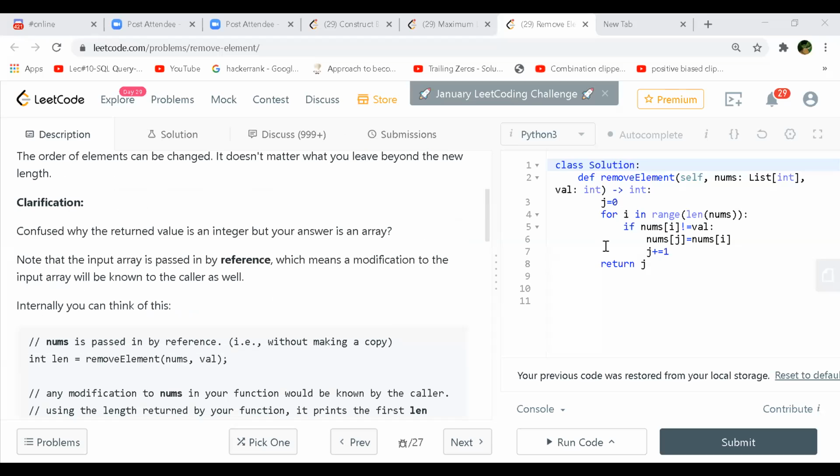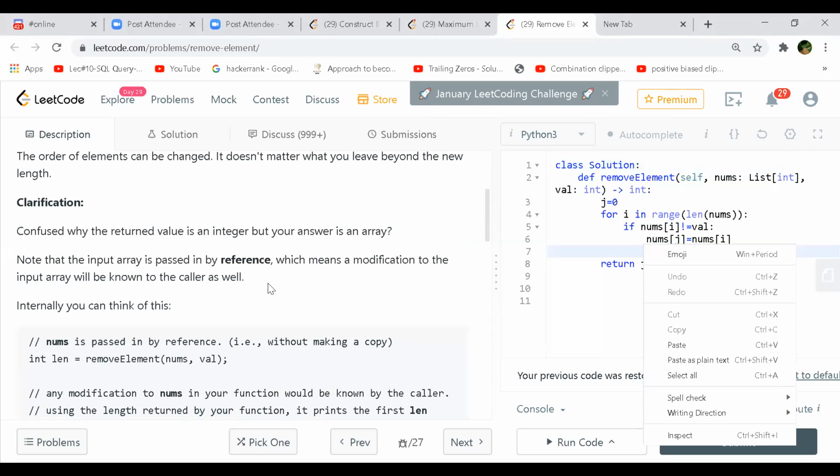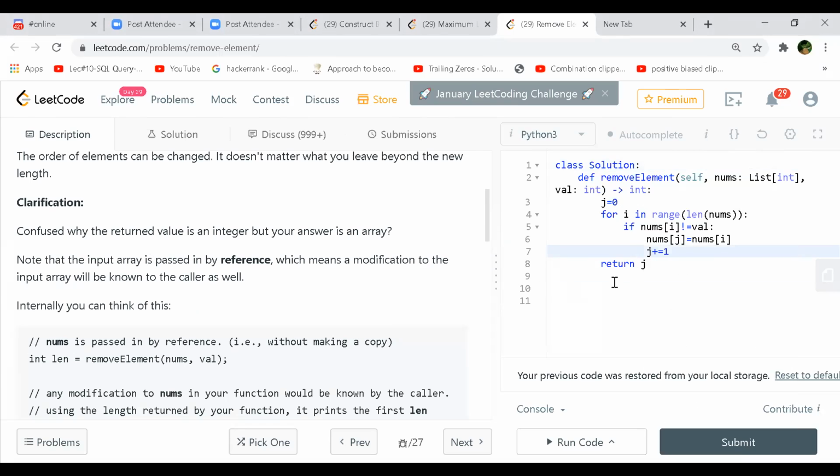Order, you mean, because 2 should come. Here the order is going to be messed up any way you do it, right? No, order will be preserved in this case, the one which I included. But in the second approach which Shuffle was showing, order won't be preserved because you're pushing all the elements to the end. Let's take an example, 1, 2, 3, 4, 5, right? Let me give you a different example.